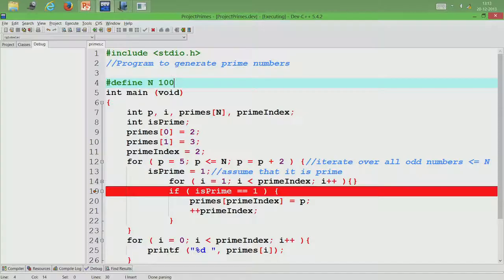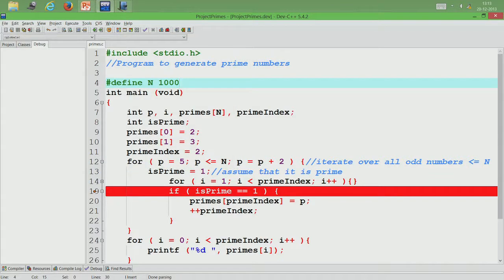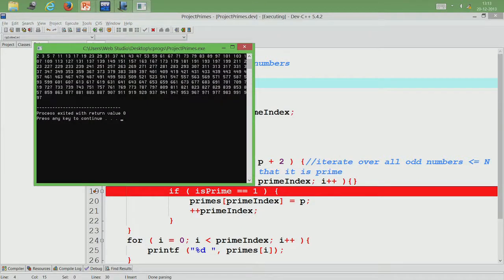So, let us say I want all the prime numbers up to 1000 to be printed. So, again I change it to 1000, I compile it first and then I run it and now you can see that I have a screen full of prime numbers, right. So, I start with 2 and the last prime number less than 1000 seems to be 997. So, you can go and verify that, the number before that is 991 and so on.